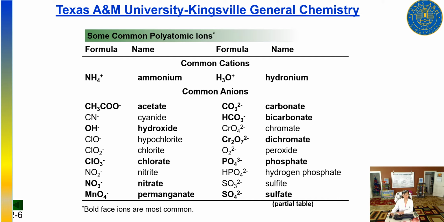There are some very commonly used polyatomic ions. They can be positively charged, can be negatively charged. Commonly cations such as NH4 plus, you call it ammonium. H3O plus is called hydronium. Commonly anions such as acetate, that's your acetic acid, which is the commonly used household vinegar, cyanide, CN negative, hydroxide,